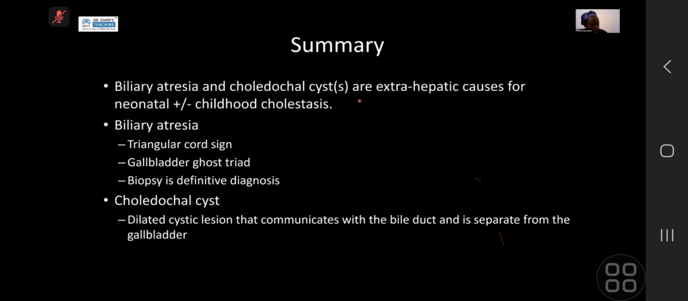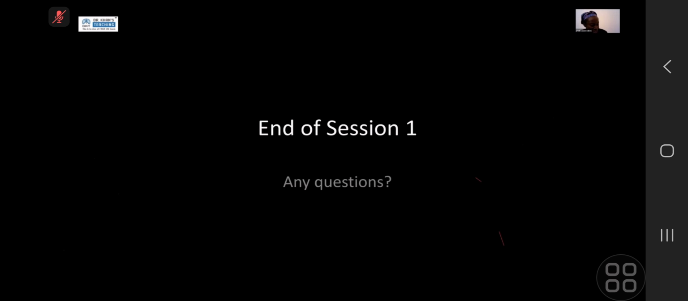neonatal or childhood jaundice. Biliary atresia, the 2 key features are triangular cord sign and gallbladder ghost triad on ultrasound, with HIDA scan as a supportive examination, but biopsy being the definitive method to make the diagnosis. And the choledochal cyst is due to a dilated cystic lesion communicating with the biliary tree, which is separate from the gallbladder on ultrasound and cross-sectional imaging. So I think that's the end of the